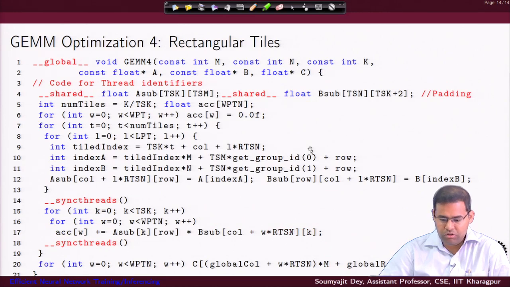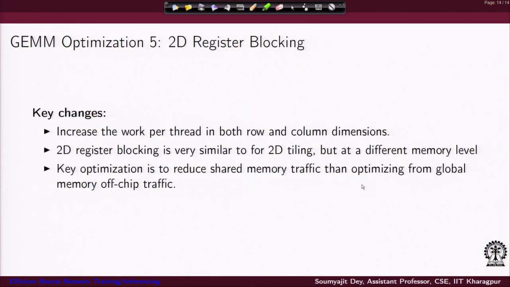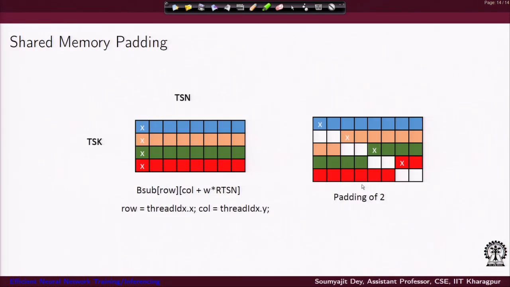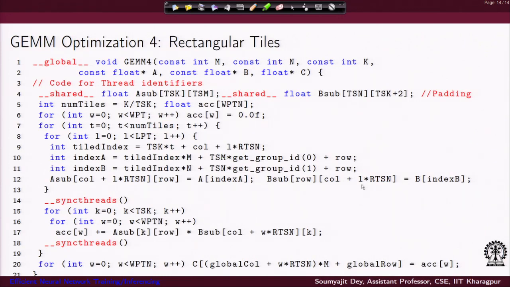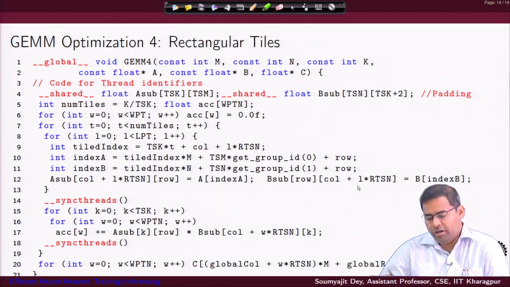Now, once we start using all this, again we will not try to discuss the entire thing in great detail, but we will just try to identify how things are really going to help us. So, the first optimization here for rectangular tiles is that we have taken B as already transposed. That would give me some acceleration when I am loading data from the global memory for both A and B.